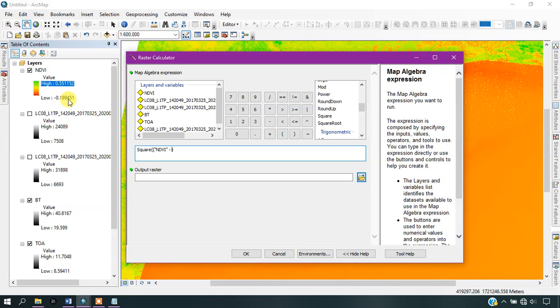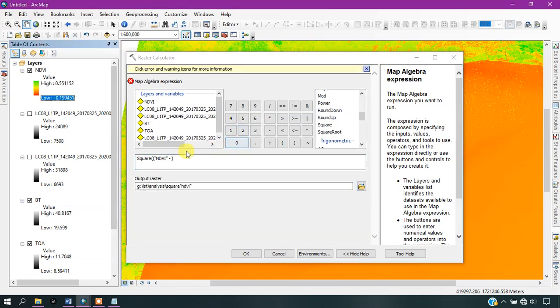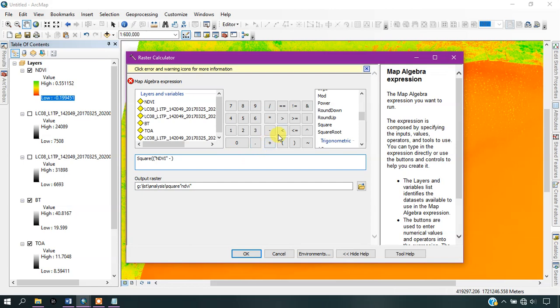This is the low value, you can see here. It will be 0.199451. This is the value, and we have to divide it.